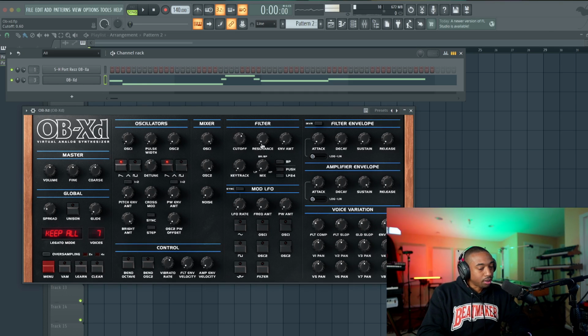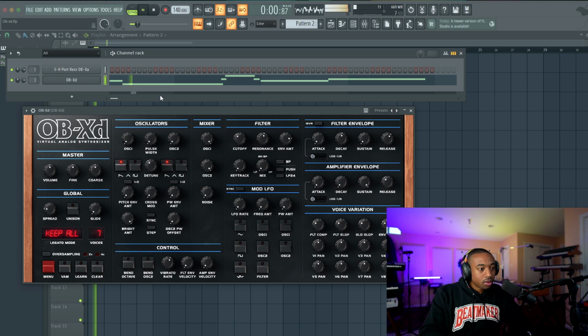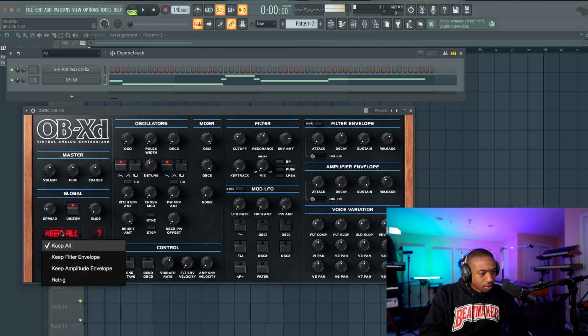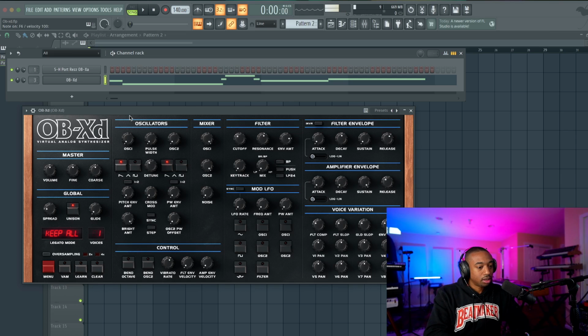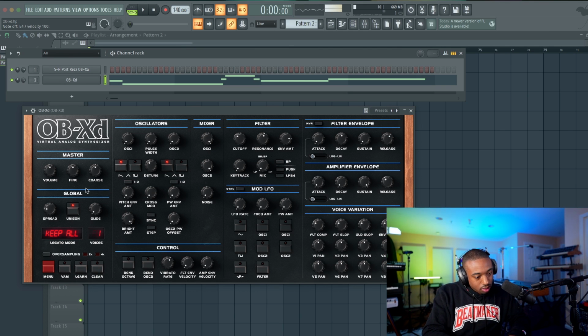We can use the filter to shape the tone. Let's add a filter with a resonance envelope. We're gonna move a little bit quicker here, add some decay. Add some envelope modulation here. And let's see where, now legato mode says keep all, don't know what that means. Keep filter. Okay, so I assume, if we put it on one voice, we could do monophonic legato, just like that mono, that sound that you're used to.